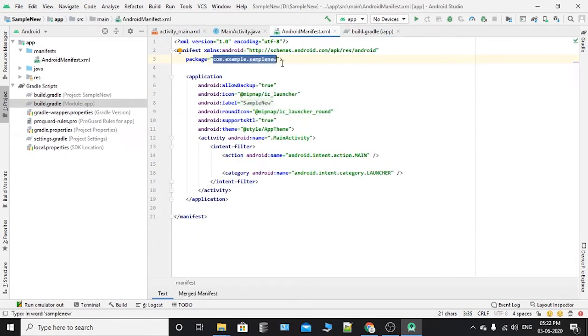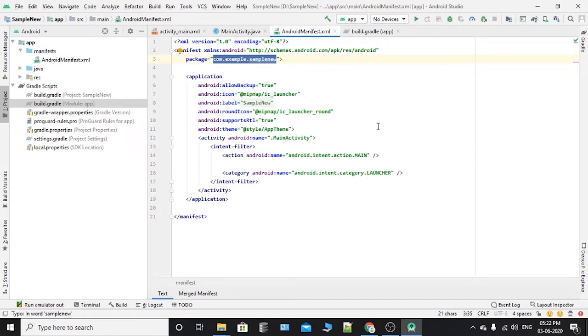For example, the manifest file root element requires an attribute for your app's package name. For example, in this code, the root manifest contains the package name com.example.sample name. While building your app to final application, we call it as APK, which is our output file.